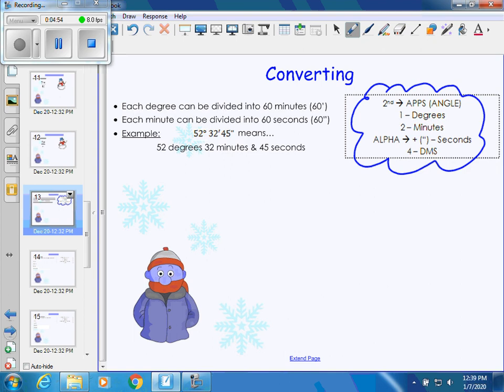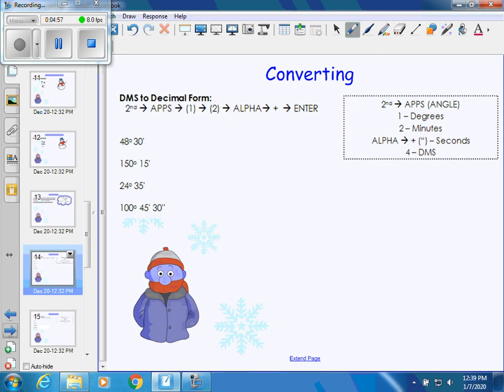Okay, so let's look at an example. All of these are in degrees, minutes, seconds, and we want them to be in decimal form. You can see you've got your directions at the top. You're going to hit second, and then you're going to hit apps. You're going to hit the degree symbol, which is the first one, to get your degree symbols. But we first got to put our numbers. So in our calculator, for the first one, we're going to type 48, and then we're going to hit second apps, 1. Then we're going to hit 30,